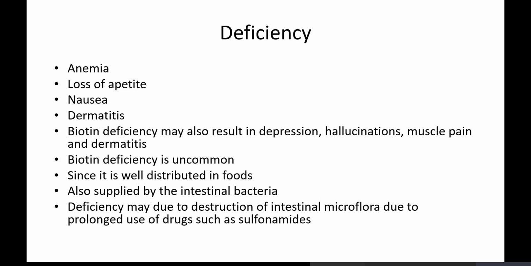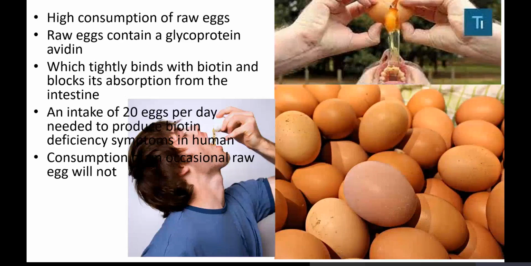Biotin deficiency is uncommon because biotin is well distributed in foods and also supplied by intestinal bacteria. Basically, it results only from high consumption of raw eggs. So how many eggs? There was one study in which 20 eggs per day were needed to produce biotin deficiency, and no one is going to consume 20 eggs in a day. High consumption of raw eggs contains the glycoprotein avidin, which tightly binds biotin and blocks its absorption. An intake of 20 eggs per day is needed to produce biotin deficiency symptoms, and occasional raw egg consumption will not, like just